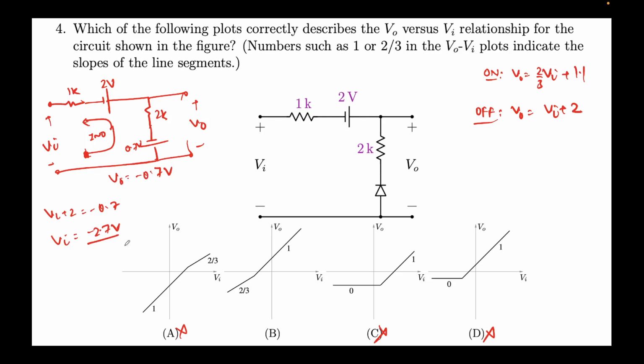This is why x and y both are negative. We must be in the third quadrant. So this is the switching point. And if I want to write the value, so this will be